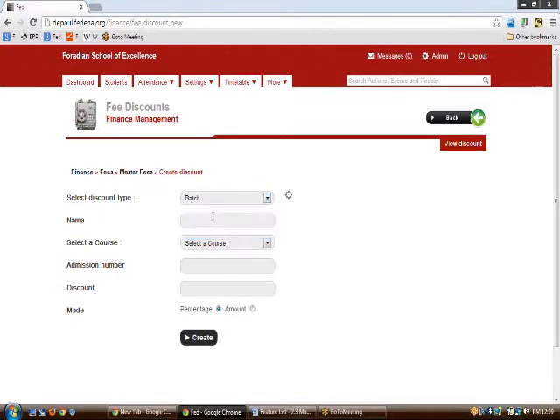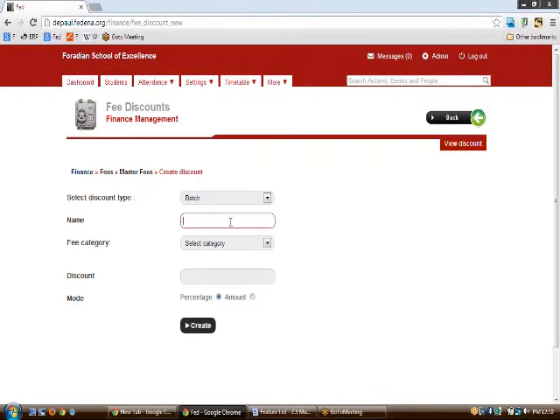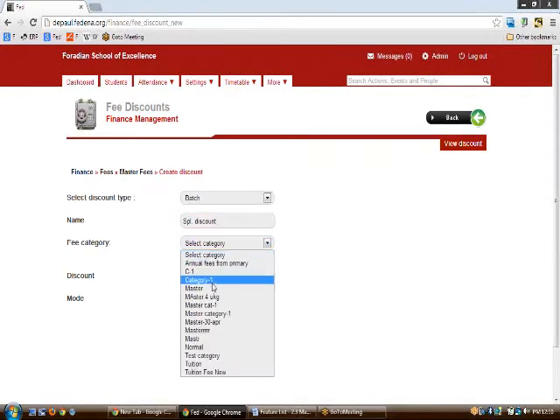So as we are trying to create this discount for the whole batch, I need to just go on selecting the batch discount type, then the name opted. Let us say that I am going to create it as something called special discount, and the category opted is category 1.